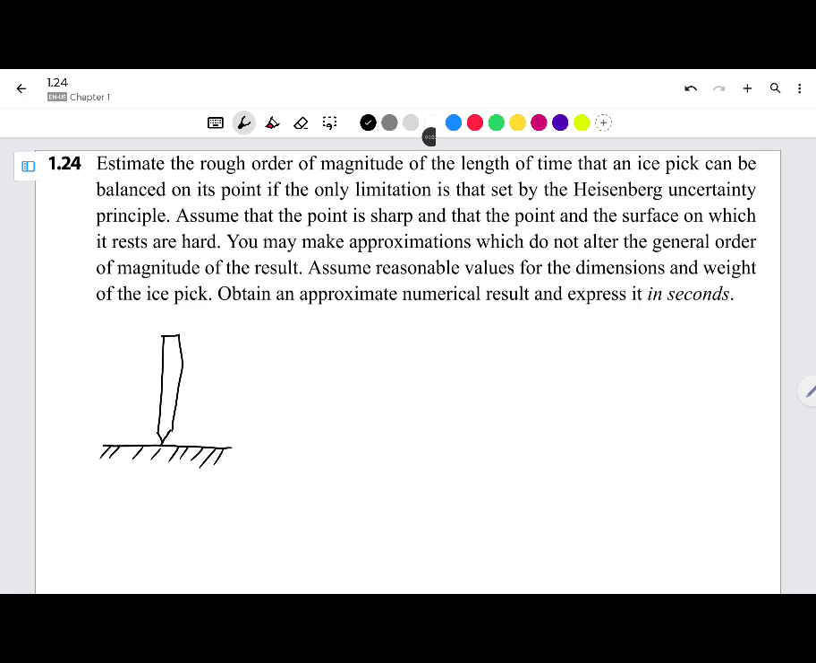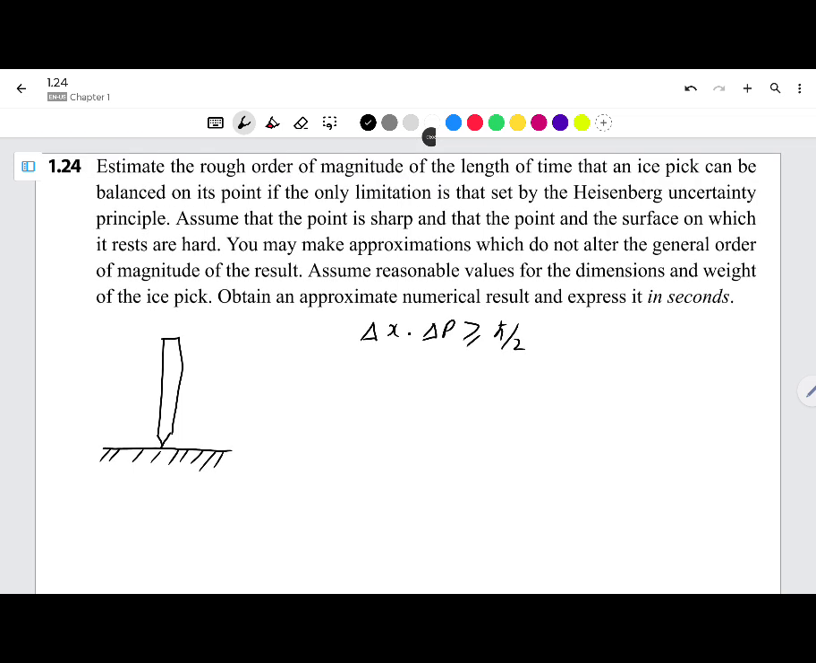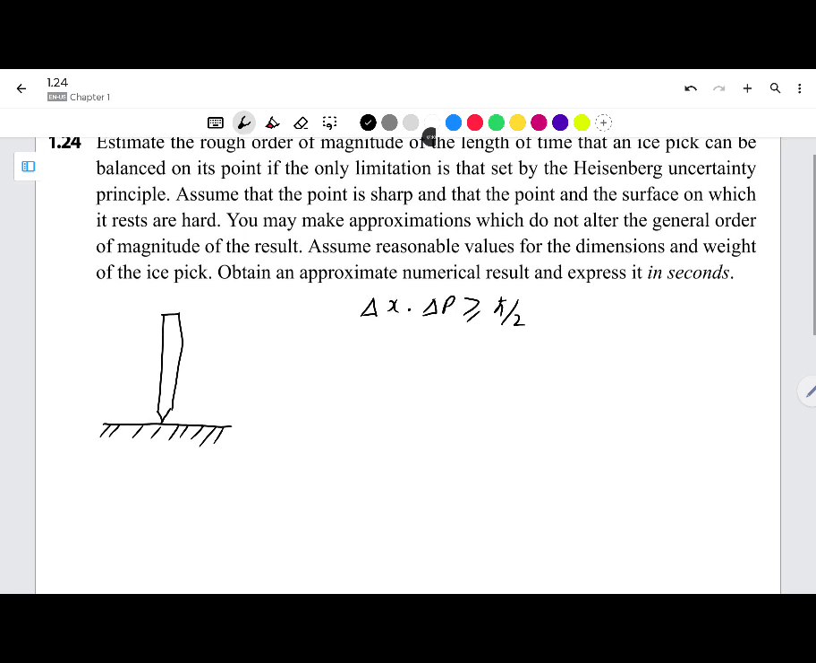Now we need to find, using the Heisenberg uncertainty principle, by which we mean the position momentum uncertainty, and using this we need to see for how long this can stay on its sharp point, and what is the minimum time for which it will stay balanced using the Heisenberg uncertainty principle. So let's say the length is